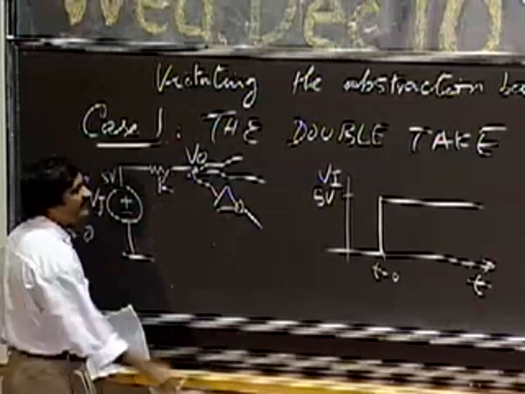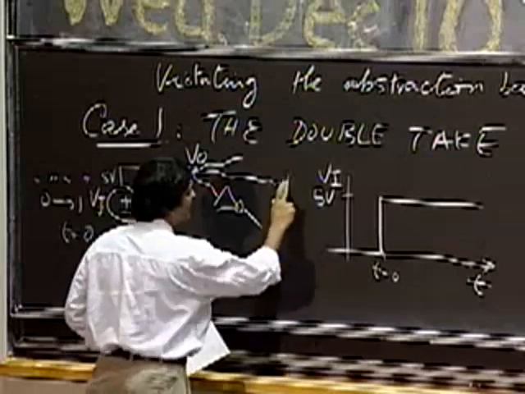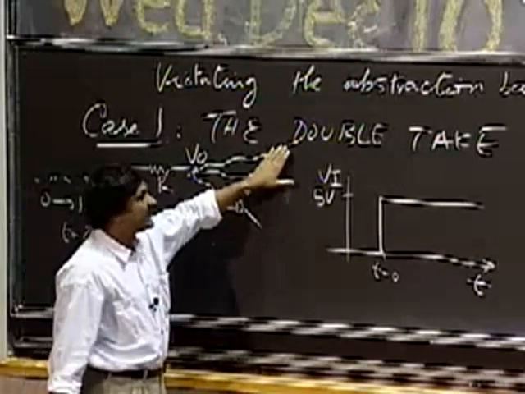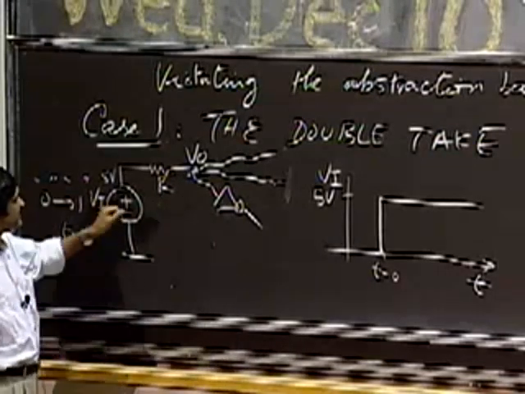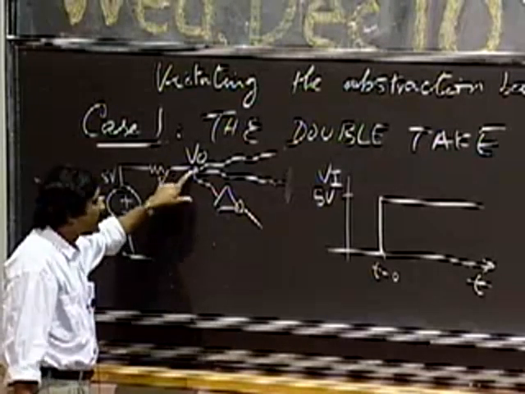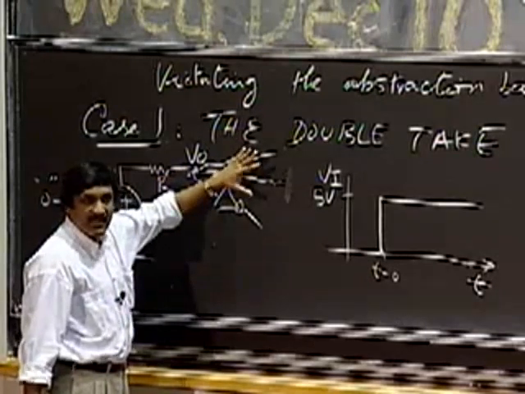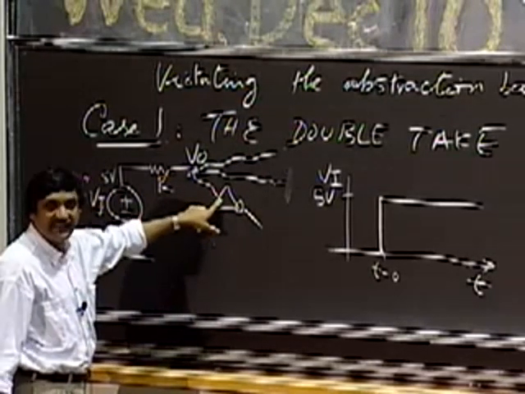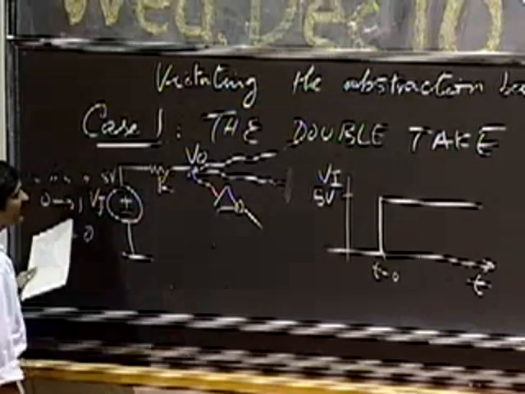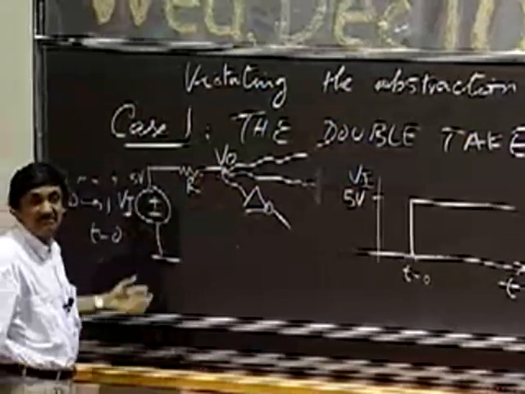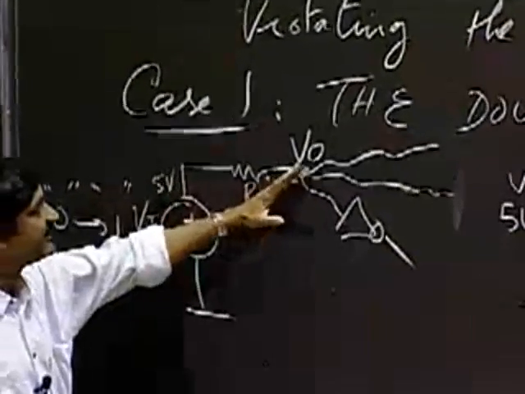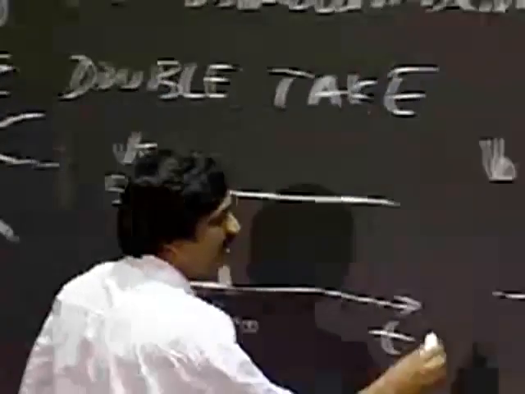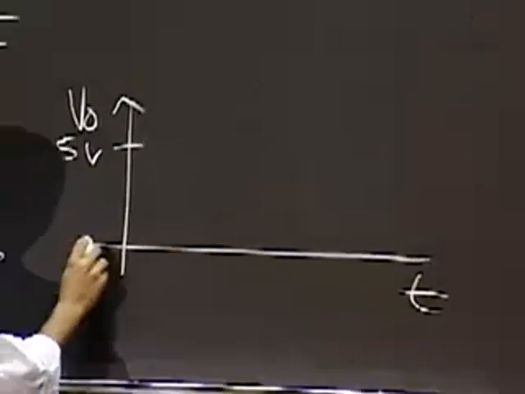And let's simply say that what's connected here is an inverter and maybe other inverters at the other side. So essentially, as far as this node is concerned, it's got some wires connected to it. And at the end of the wires, it has an open circuit. An open circuit, for example, like the gate input of this inverter. So what do you expect at VO? Step input here. And at VO, I see an open circuit. So I expect the same step at VO. 5 volts.